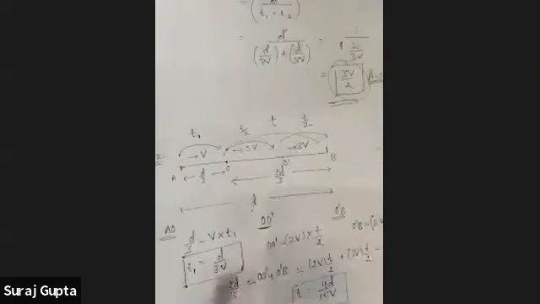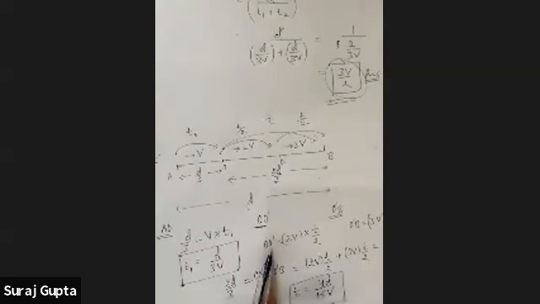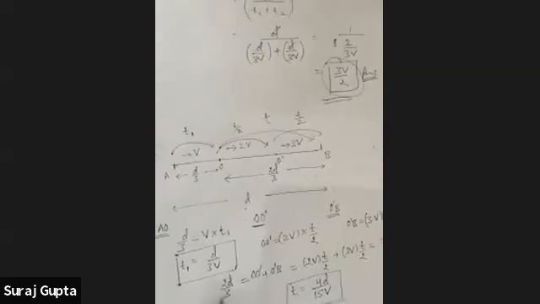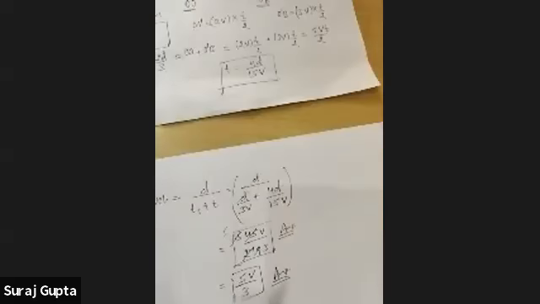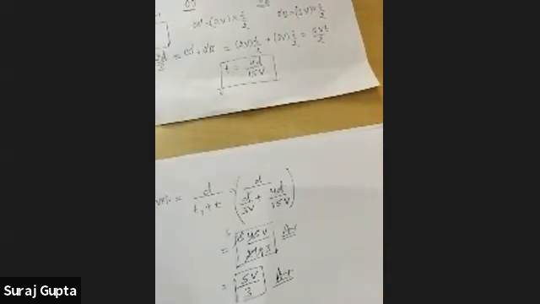So this T1 comes out to be d upon 3v. And when you add OO dash and O dash B, which is equal to 2d by 3, that is equal to 5vt by 2. So from here, you will get the value of small t, which is 4d by 15v. And the next step is average velocity, which is total distance upon total time, and the final answer comes out to be 5v by 3. These questions are based on average speed and average velocity.